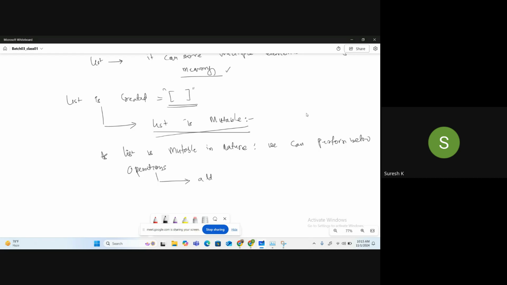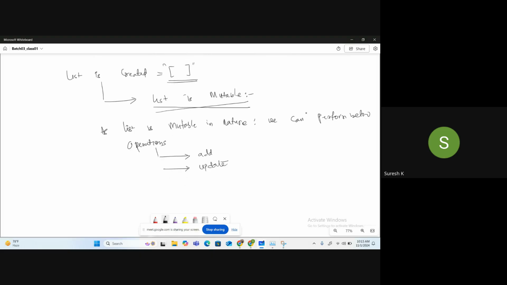We can add the data, read the data, delete the data, access the data: access, add, update, delete.